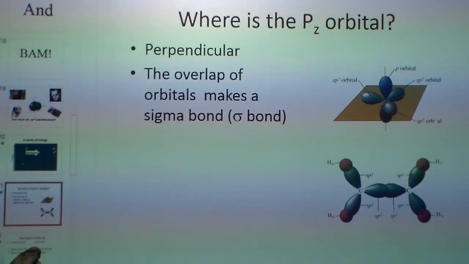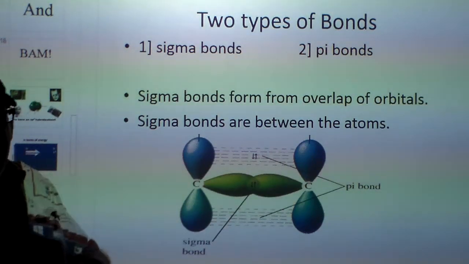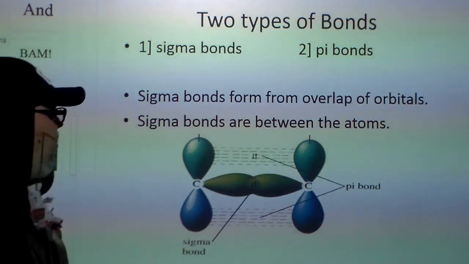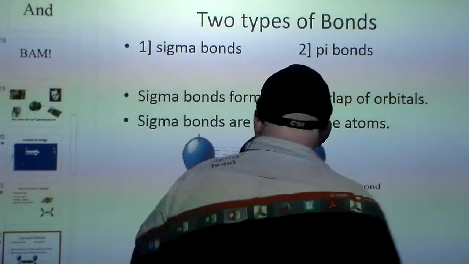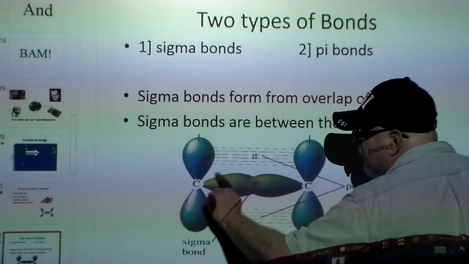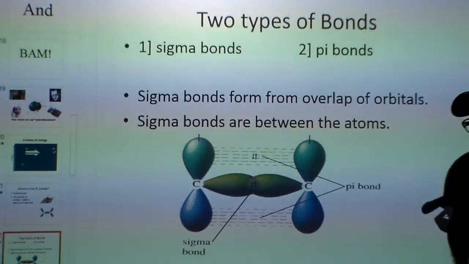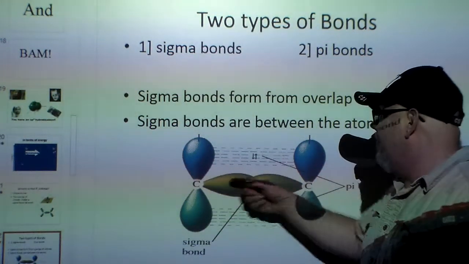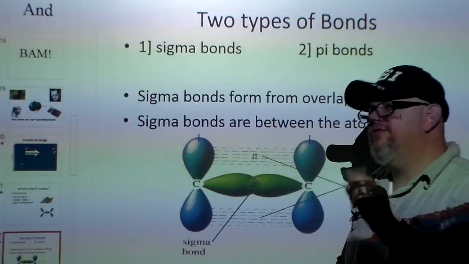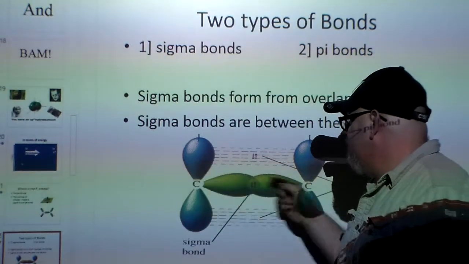Before that, we talked about two types of bonds, sigma bonds and pi bonds. Sigma bonds are formed from the overlap of orbitals. Now the orbitals themselves can be s or they can be p, for our purposes here. But the sigma bonds are also between the atoms, and that's the key thing you need to understand, that the sigma bonds are the only ones that happen between the atoms. It can be an s, it can be a p, or it can be a hybridization. But the bottom line is, for the sigma bonds here, 2 electrons,